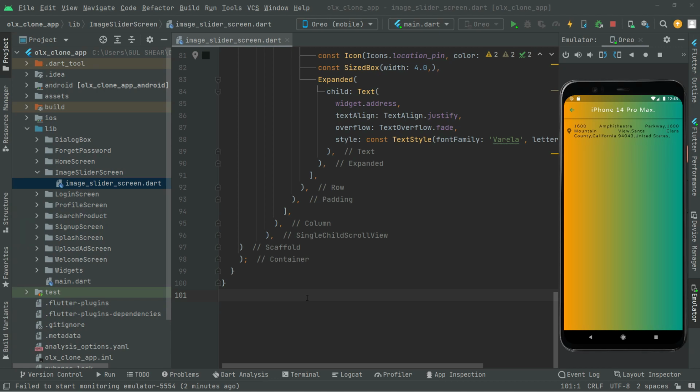Welcome back. So now in this video we will create a carousel slider right down below this address in here. All of the 5 images are going to be right inside that carousel slider. First of all, we will create some height between the address and the carousel slider that we're about to create. So below this padding we'll have a size box